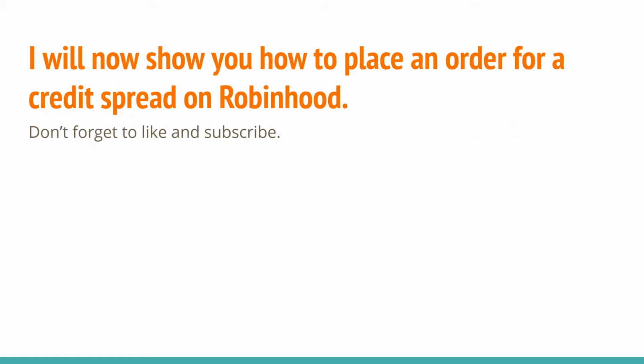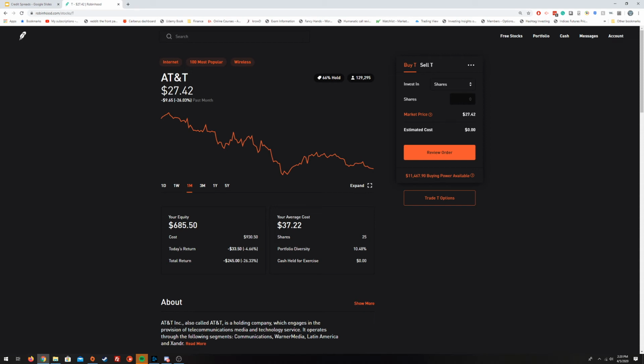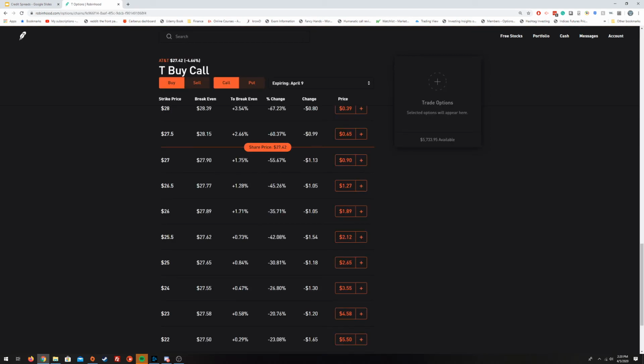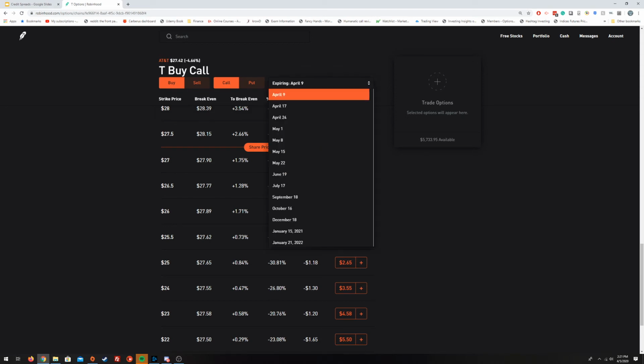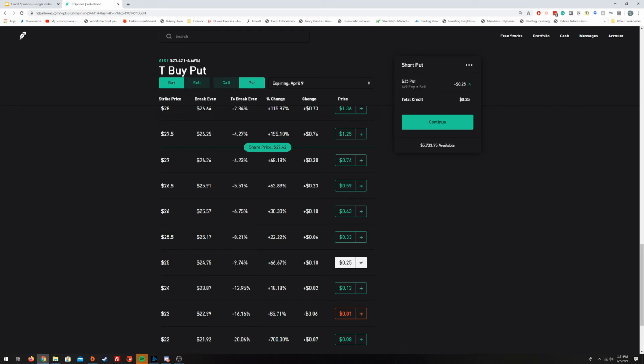I'm now going to show you how to place a credit spread on Robinhood. So go to AT&T and you would hit trade AT&T options. So this would be the option chain that expires the 9th. So I could come in here, and let's say I want to create a put credit spread. I'd go to the puts, and see how right here it says break even. As soon as I change this to sell, it changes to chance of profit. So you always want to look at the chance of profit on the options you're selling, and you ideally want to sell like 80%. So let's say I'll sell the $25 put,